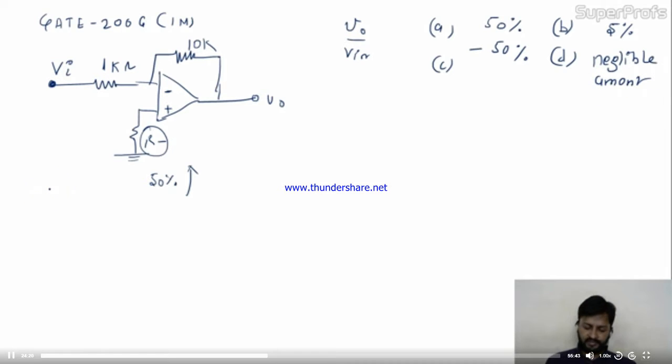Negligible amount. Friends, tell me one thing. If you keep 10 ohm or 10k ohm or whatever ohm, is there any change over here? Ultimately, the voltage over here is 0. Why? Because this is directly connected to the ground and there is no current in it. We know that